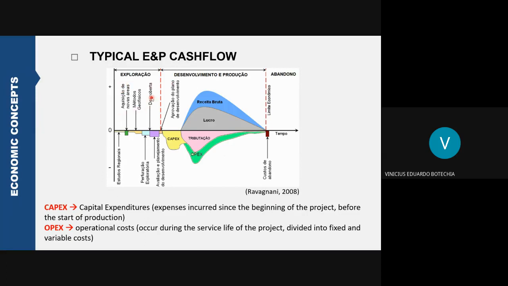The exploration time goes from local studies until the discovery, evaluation, and development plan. You have here the approval of the development plan, and then you go to the phase that is development and production, right? So you have here basically first the CAPEX. The CAPEX is the capital expenditures, which are the investments, the expenses at the beginning of the project, like investments in wells, in the facilities, the platform, and so on. When the production phase starts, you have revenues coming, so the cash flow becomes positive. Until here it is only negative.